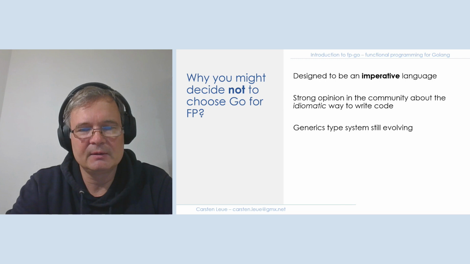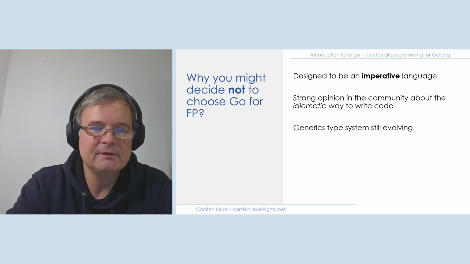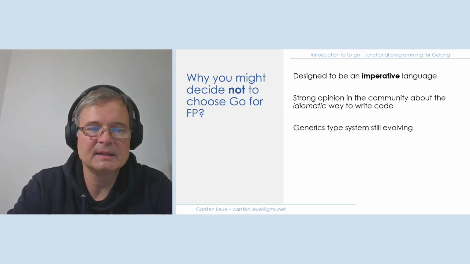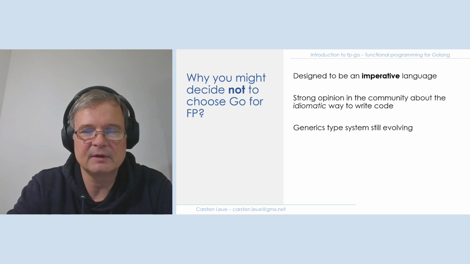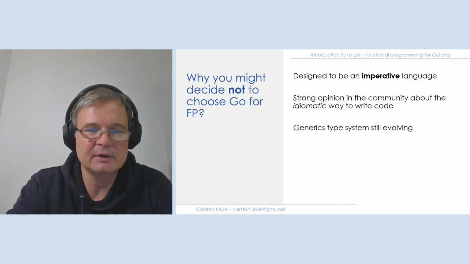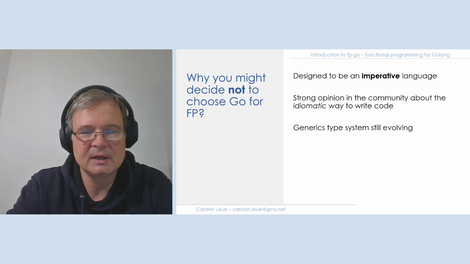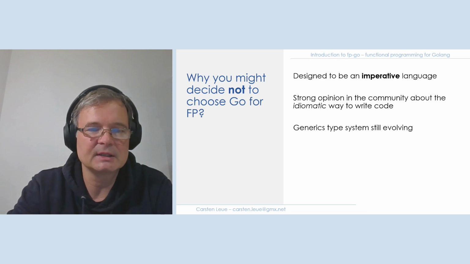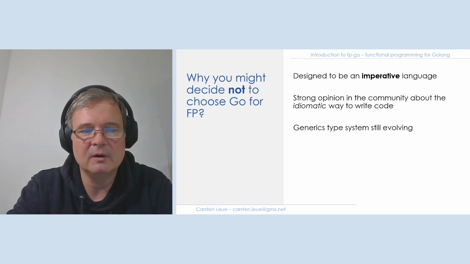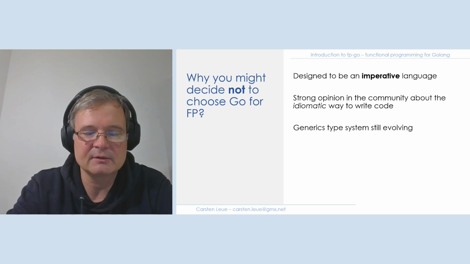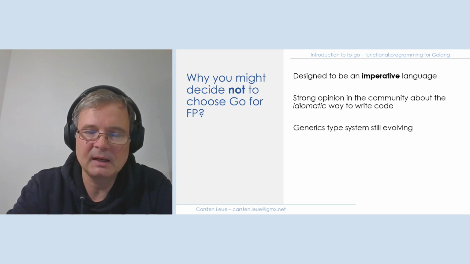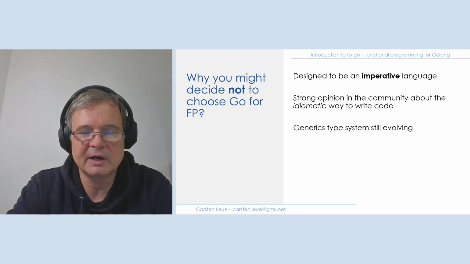And then third, I would say a key feature of Go that makes it possible to write this functional library, this FBGo library, is the concept of generics. Generics is the term in Go for type parameters. Instead of having hard-coded types, you can make the type itself a parameter. That's what they call generics.